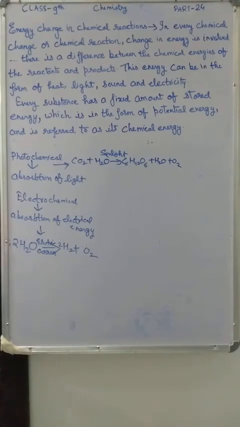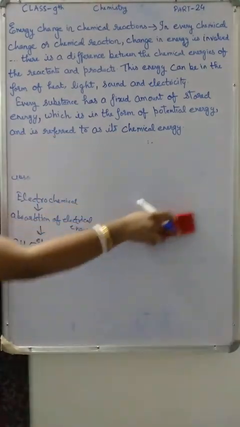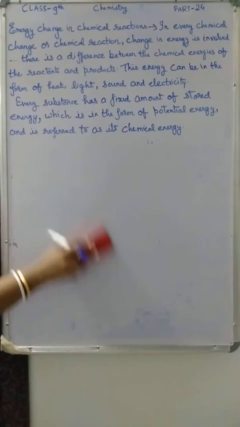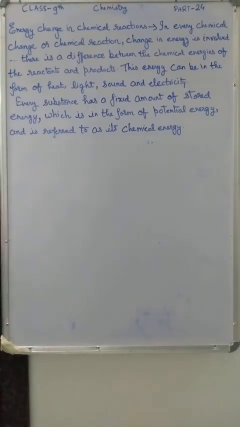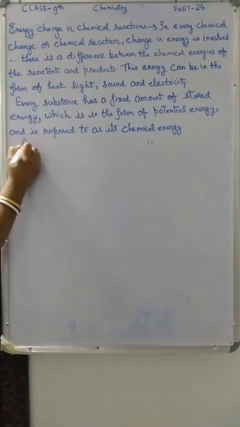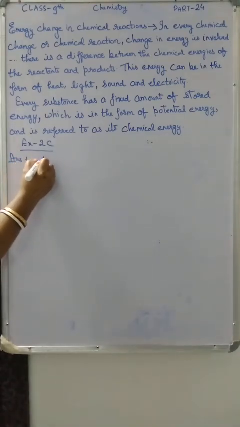Okay, now I am going to give you the exercise of 2C. In this exercise, so many questions are repeated, which you had already done in the previous exercise. So no need to write them again. The questions which are repeated, no need to write them again in the copy. Remember it. Exercise 2C. First question you have already written in the previous exercise: What is a chemical change? Give two examples of chemical change. So no need to write in the copy.